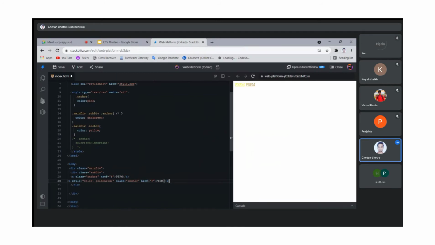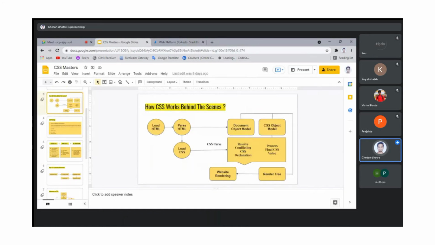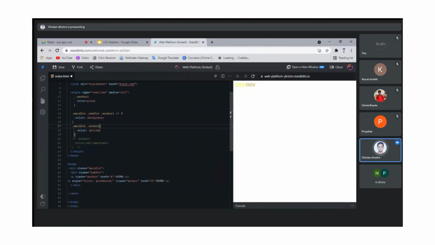So this is like the override of the CSS rules. This is called the conflict resolution phase, which is shown in this as well. You can see that it resolves conflicting CSS declarations. Whatever you have declared will be conflicted behind the scenes, and you will not get to know about that. If you have some understanding of that, that is very good, because you will always structure your CSS and your HTML well. So this is quite interesting.